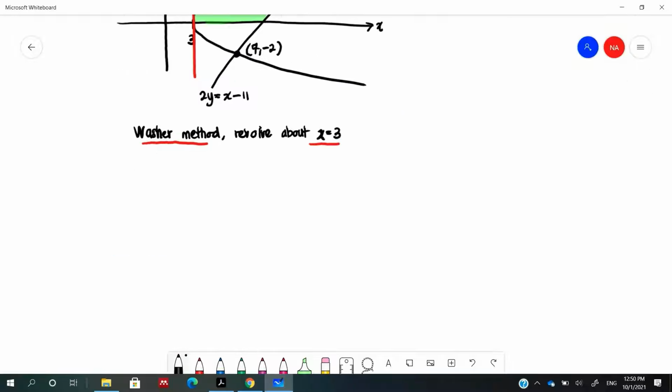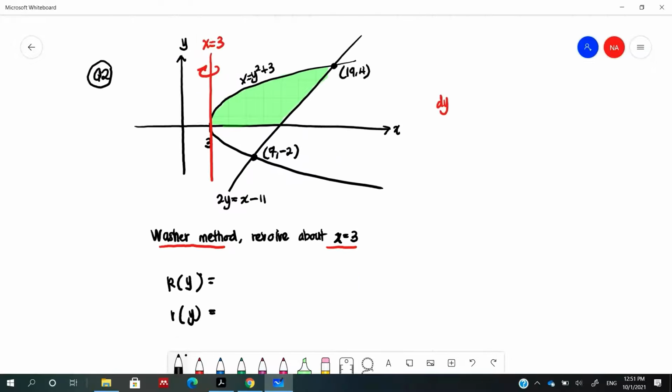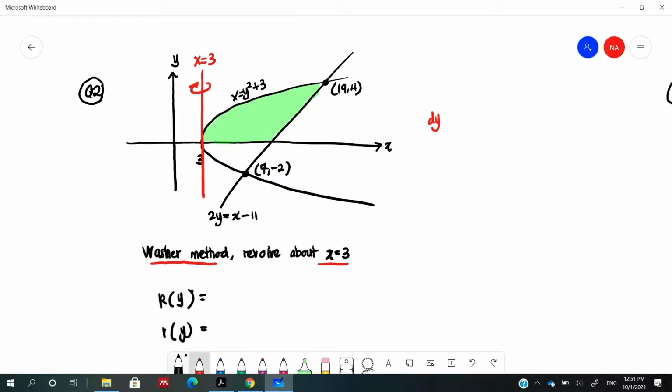So in our mind, later when we want to find the volume, it should be pi integrate dy. So when we want to find the radius, the outer radius should be in terms of y. So r_outer and r_inner. Look at your region: which part is far away from this axis of rotation? Of course, this part. So this is the outer radius, which is given by, and we should write it in terms of y,